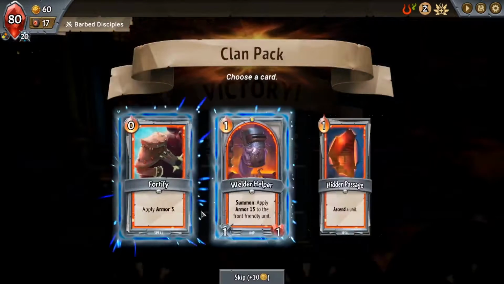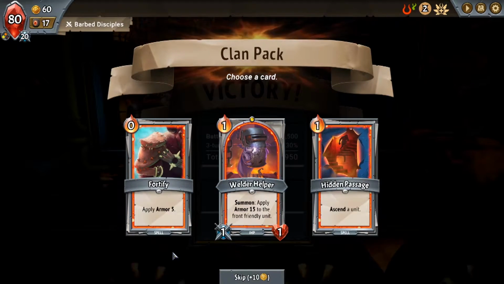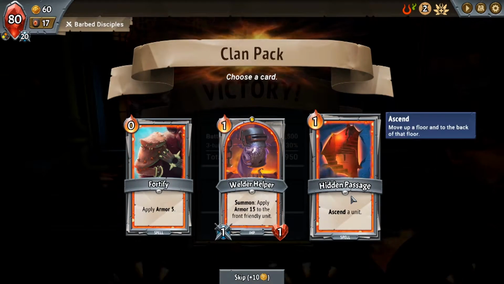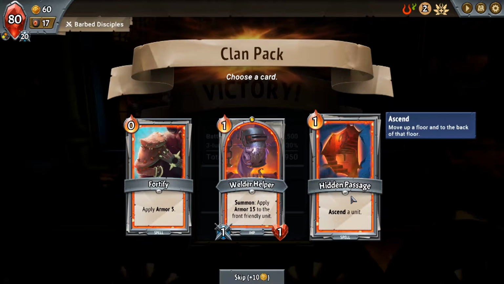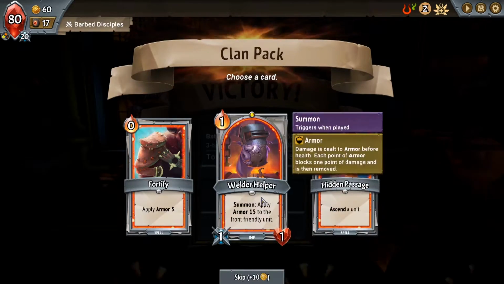More gold! Ooh, we could get another Welder Helper. Now, Ascend is interesting. It says move up to a floor, or move up a floor to the back of that floor. So, also with Ascend, which is cool, it doesn't follow the rules of capacity. So let's say the floor is full. You can still ascend a unit up to that floor. And it won't have to follow the rules of capacity. Let's get another